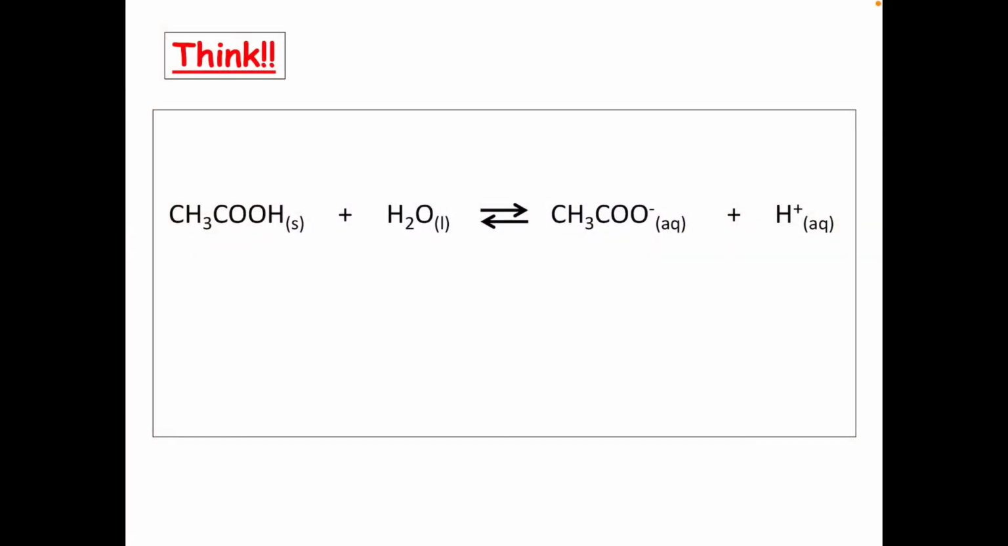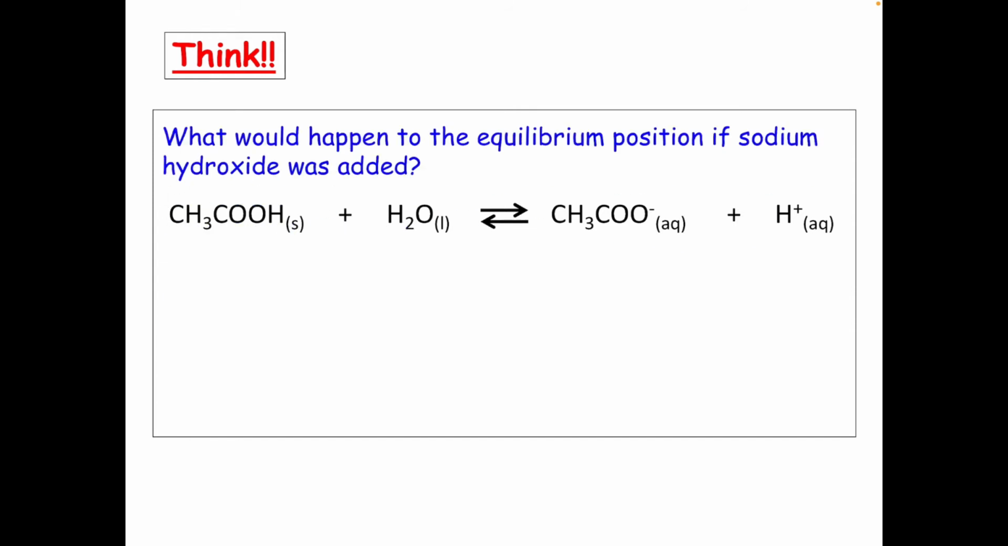Okay, so we have an equilibrium mixture here, which is ethanoic acid with water produces this CH3COO-. That's the ethanoate ion. So that's when your ethanoic acid loses one hydrogen, and then plus the hydrogen ion. Okay, so what we need to do is we need to decide what's going to happen to the equilibrium position if we add some sodium hydroxide,